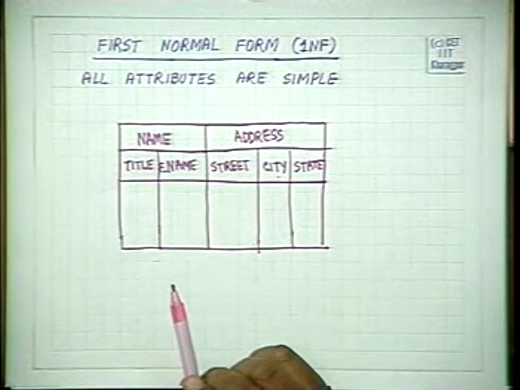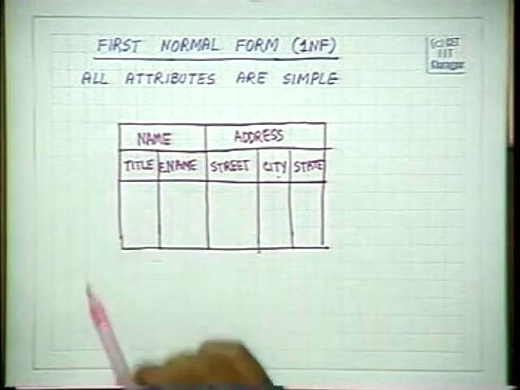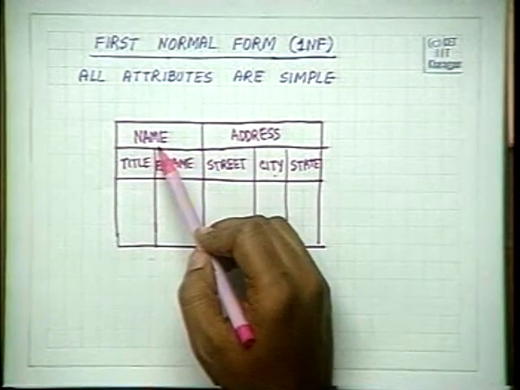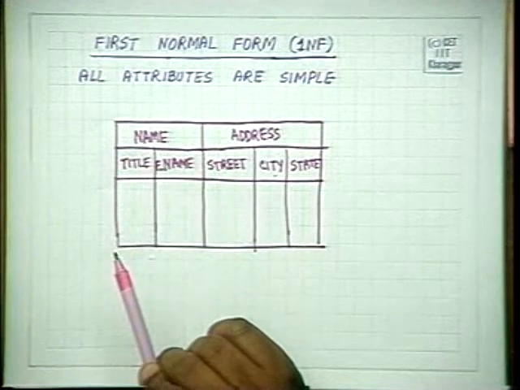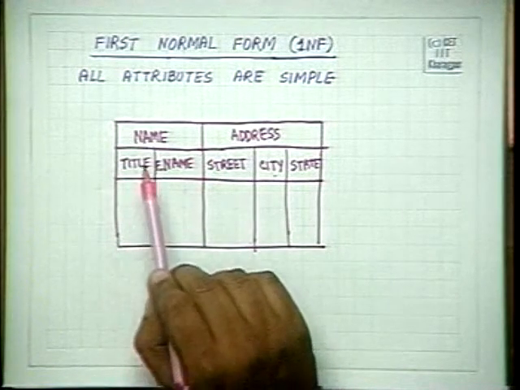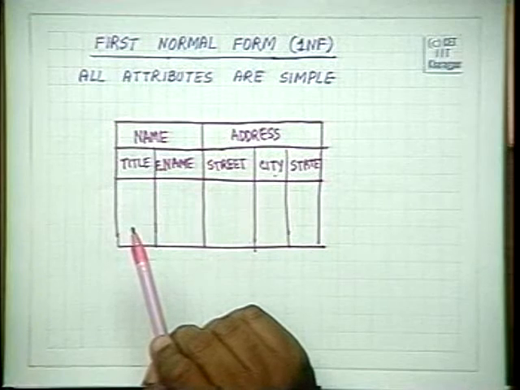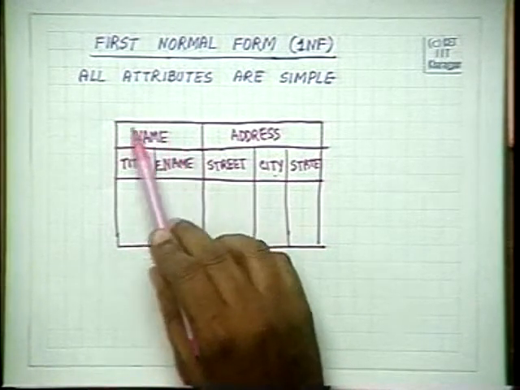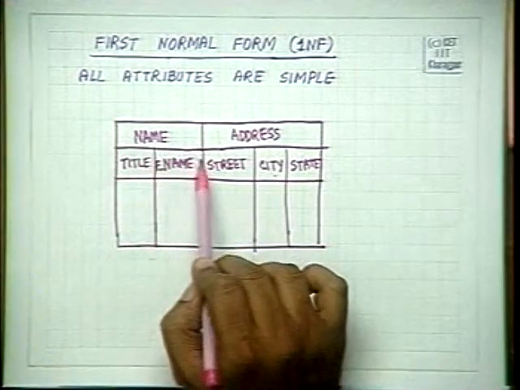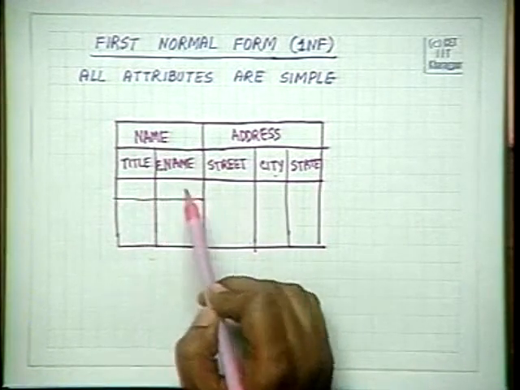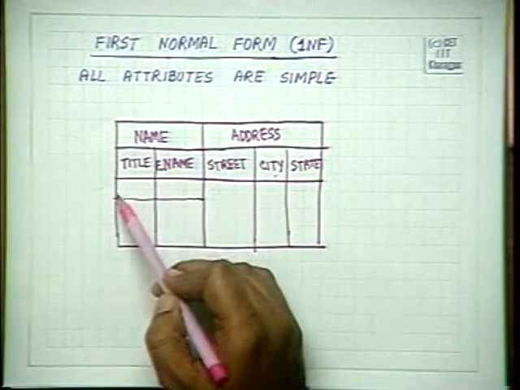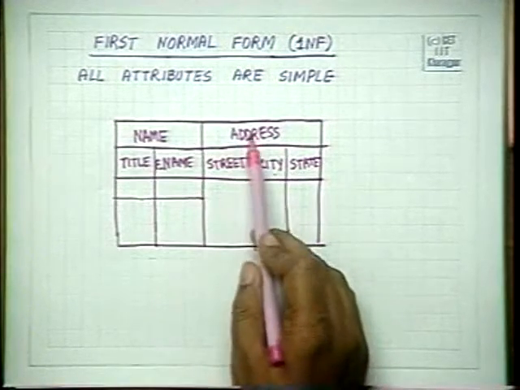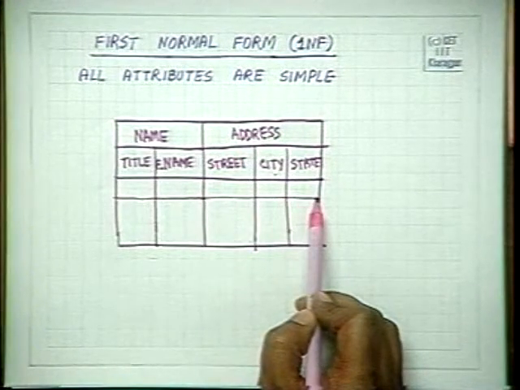Now this combination, which is the concept of a structure within a structure, nested definitions of attributes. This is not a simple relational scheme. These are useful because if you want to access only by name, then you will access the whole tuple. If you access only by name dot title, then you will access only this part. Maybe you will access address dot street, you will get this. If you access address as a whole, the whole tuple will come.